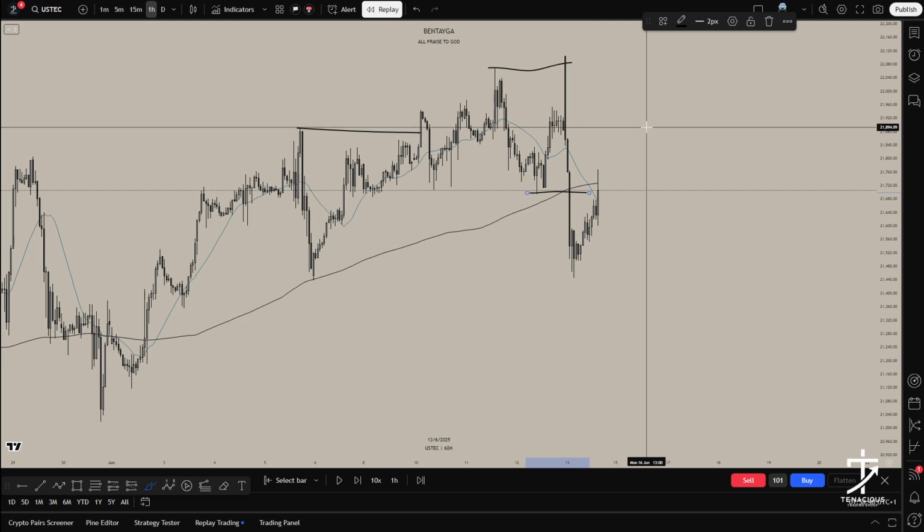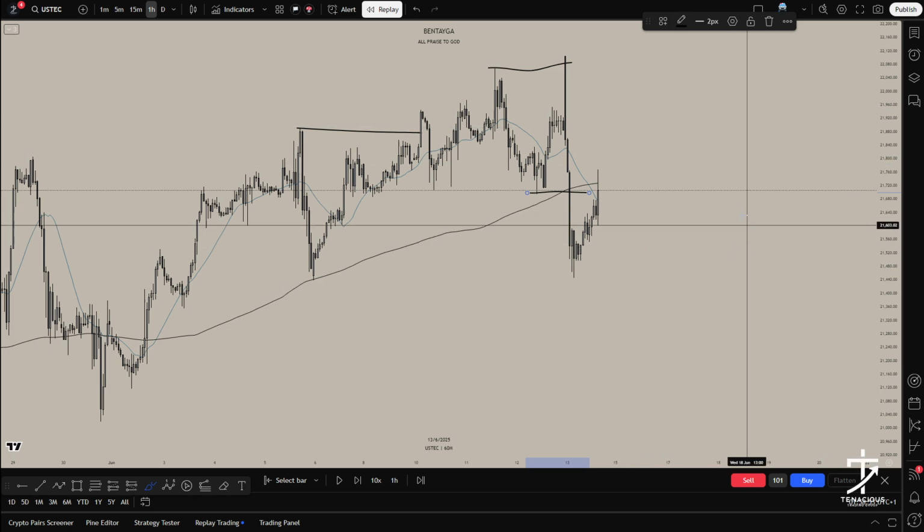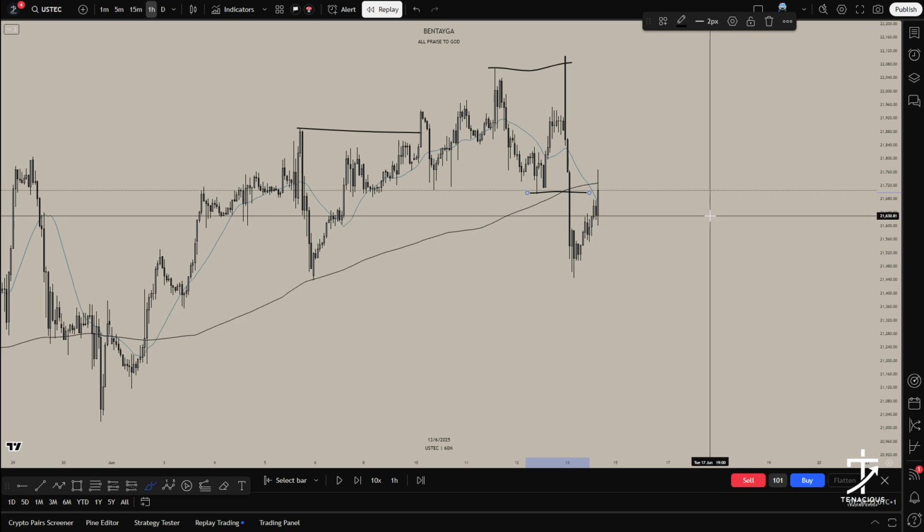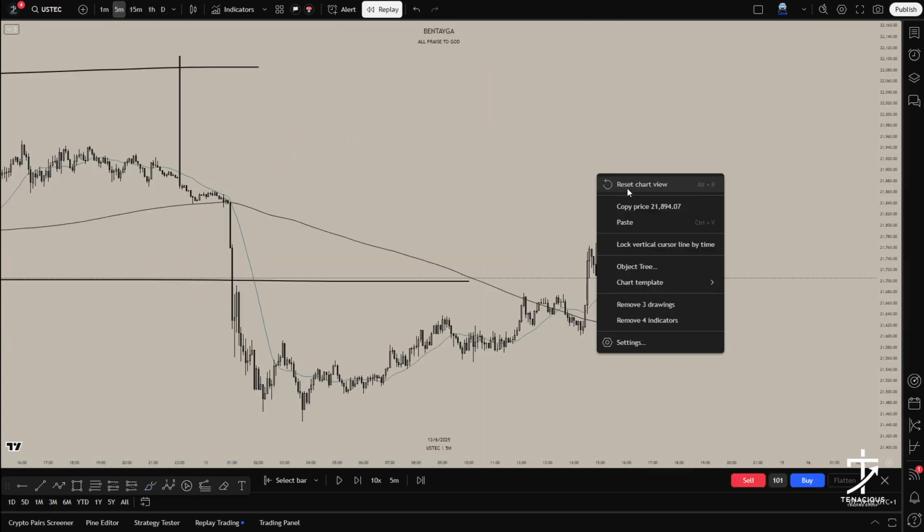So the chances of me trying to catch this trade short are highly unlikely because I would like another market structure break. However, like I said, we are on the 1 hour chart. We don't use the 1 hour chart to trade. We use the 1 hour chart for our bias. So when I actually went down to the 5 minute,